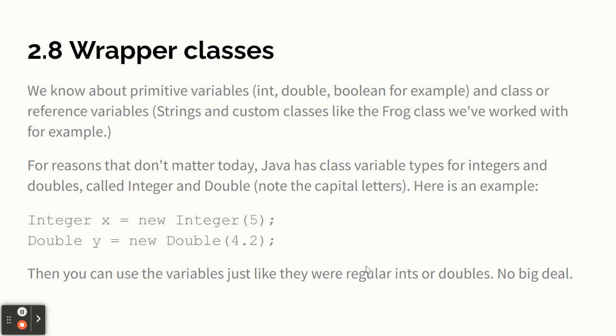For reasons that don't matter today, but that will be important later, Java sometimes needs you to have integers and doubles that are class data, that use more memory, that are more complicated. And so they have the capital I Integer class and the capital D Double class. And after you create these things, you can just use them just like they were regular ints or doubles. It's not a big deal. But